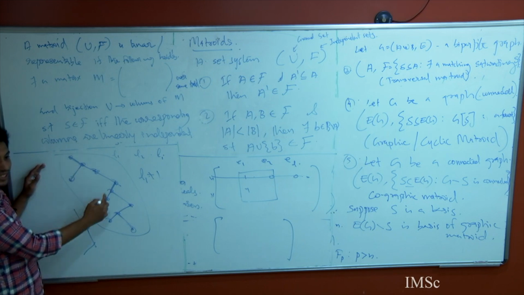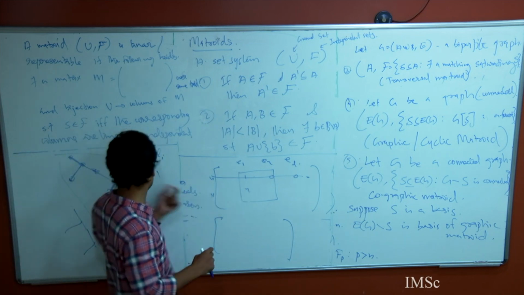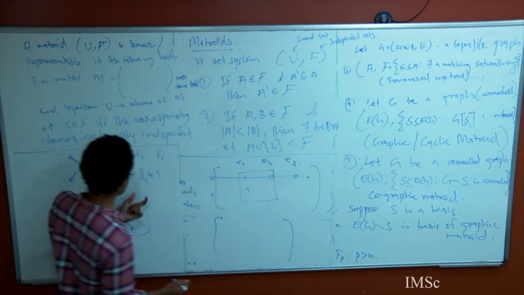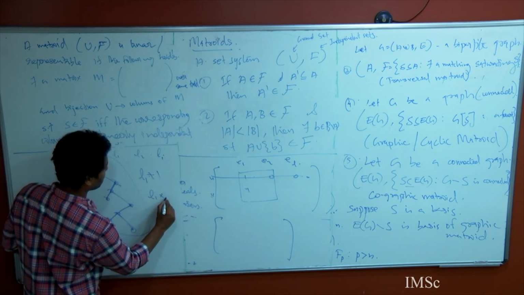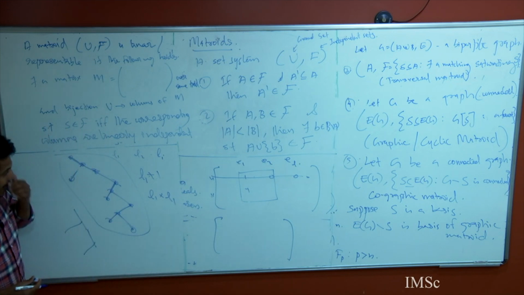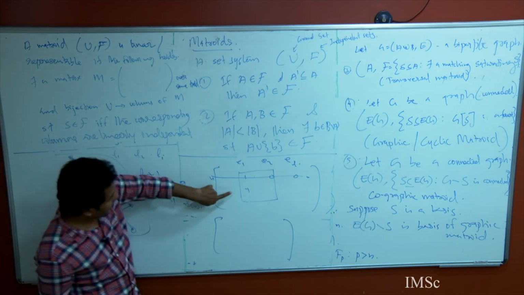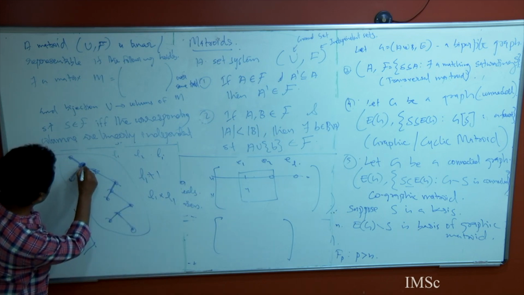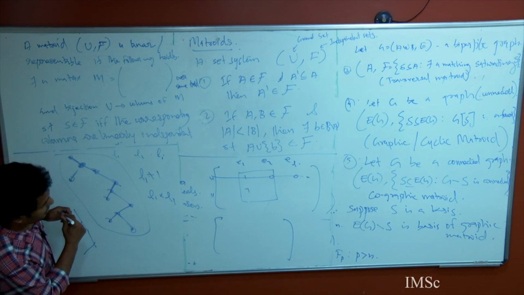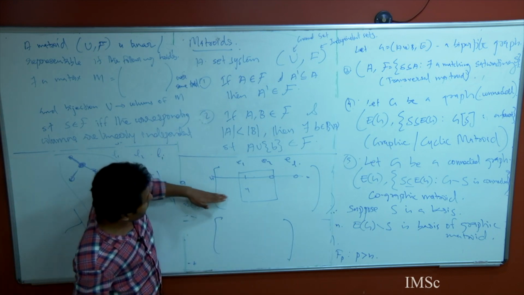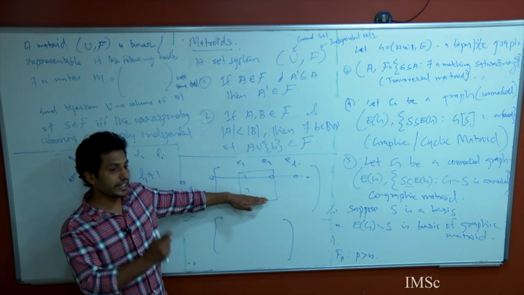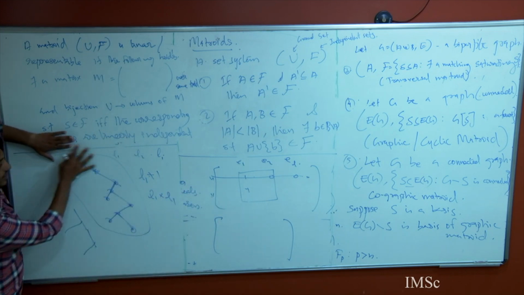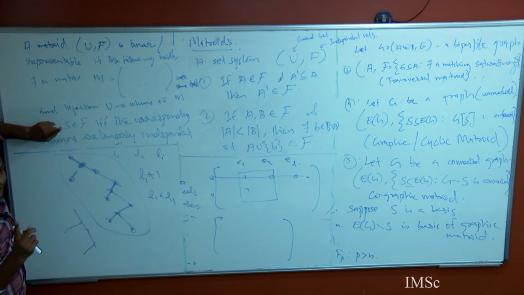This graph, its degree is 1, okay, and I get a submatrix whose size is smaller, and they will have one more row where exactly 1 or minus 1 is there, because in every tree at least